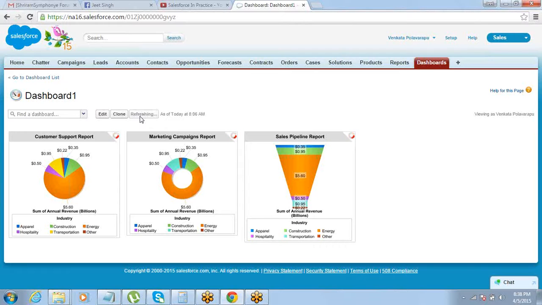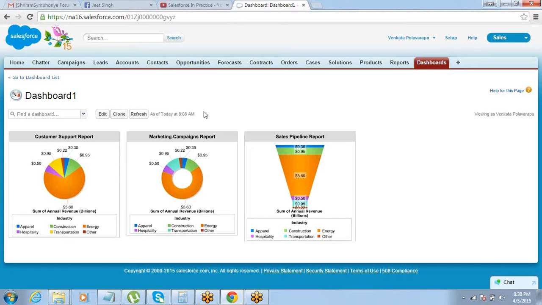You can have a quick look at that. Is that clear? Creating a dashboard and viewing the dashboard.